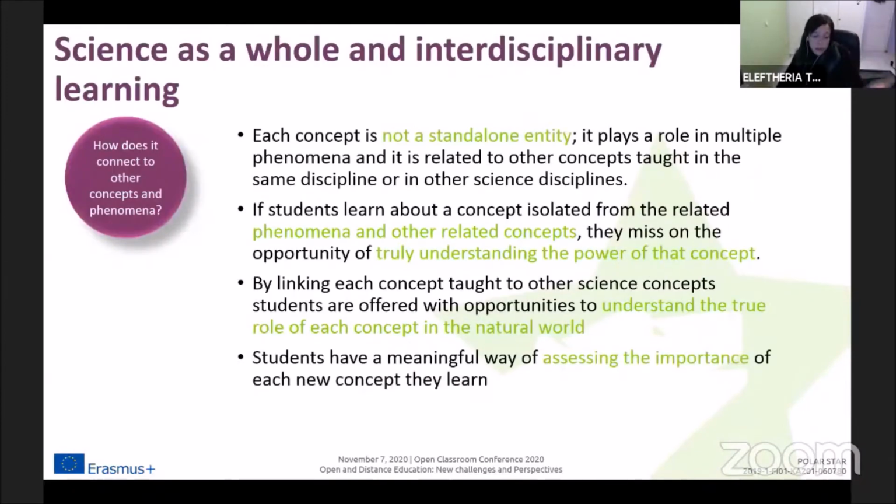And now going next to the second method that I presented to you, which is the connection between each concept to other concepts and to phenomena. Think about concepts as actors, movie actors. When you see an actor starring only in comedy movies, then you can't really tell much about that actor. You only know that he or she is probably good in comedies, but you don't really think much of him or her